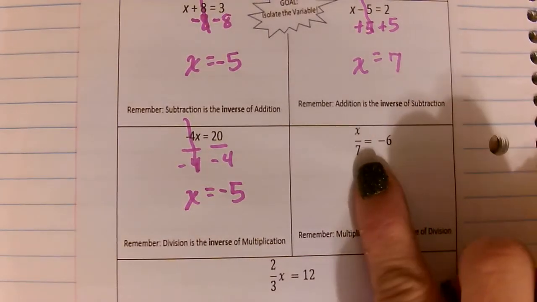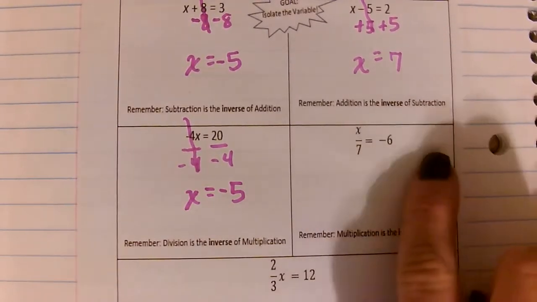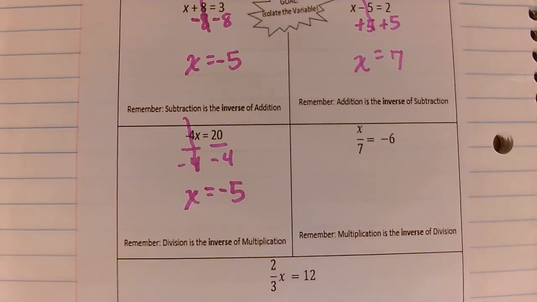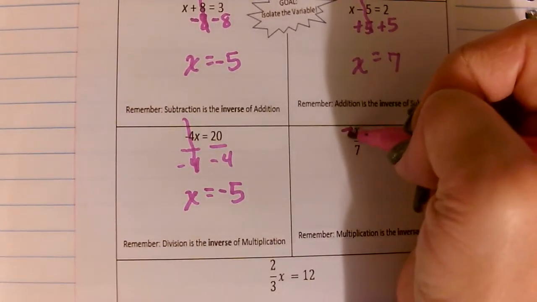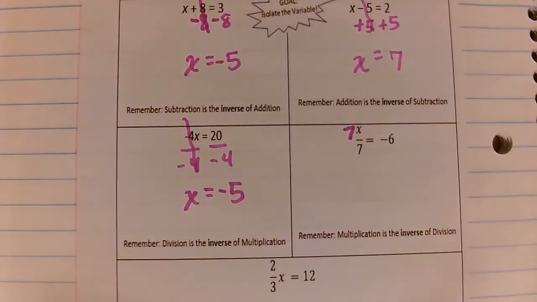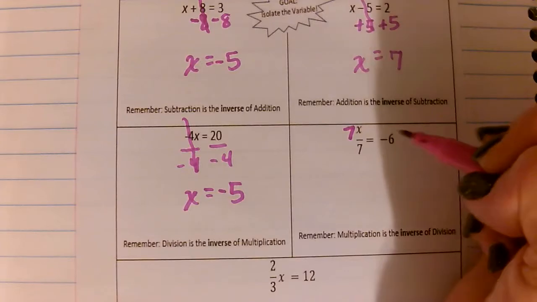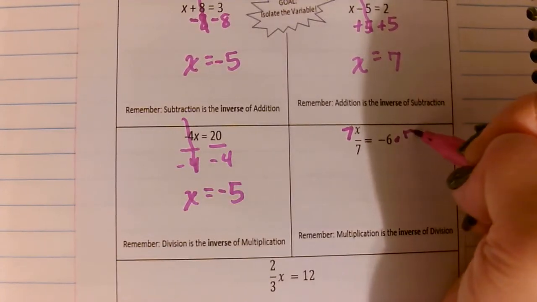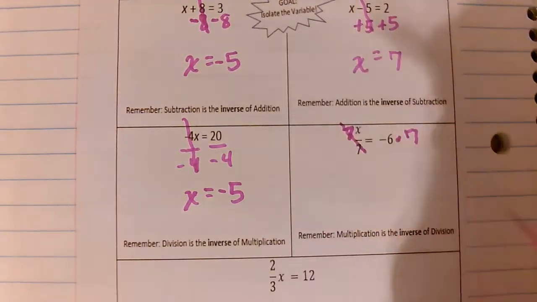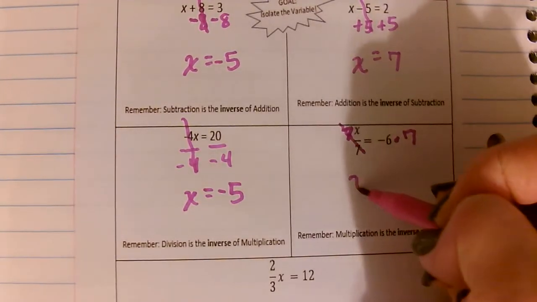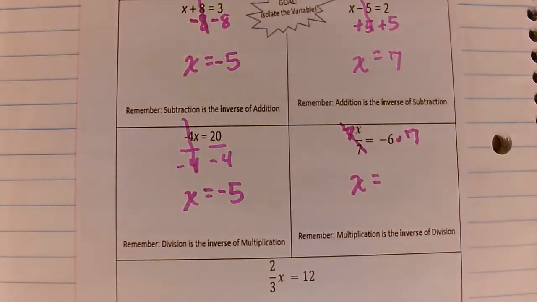Over here, we're doing division. x divided by 7 equals negative 6. The opposite of divide by 7 is multiply by 7. You must write 7 up by the x, because that means 7 times x divided by 7, and you would put times 7 over here. Slash through the 7's because 7 divided by 7 leaves you with 1x equals negative 6 times